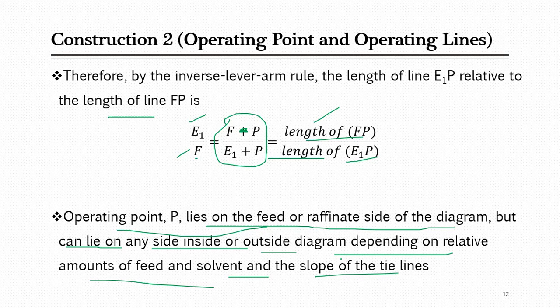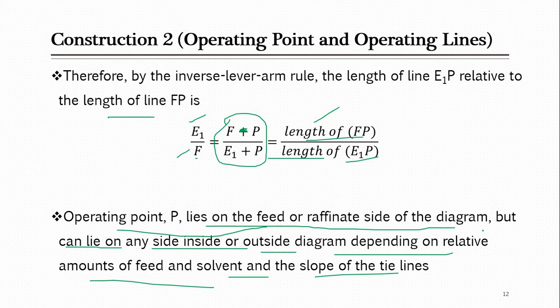Up to here we have discussed construction 2. Briefly summarizing, in construction 2 the only purpose is to locate P, and P is called the operating point. It is also given the name difference point, because we obtained it with the help of some difference. And where did that difference come from? If you apply the material balance on any stage in your LLE system, or on a number of stages, and rearrange those equations in such a way that there is a term which is a pair of two terms, like F and E1, you will get it.